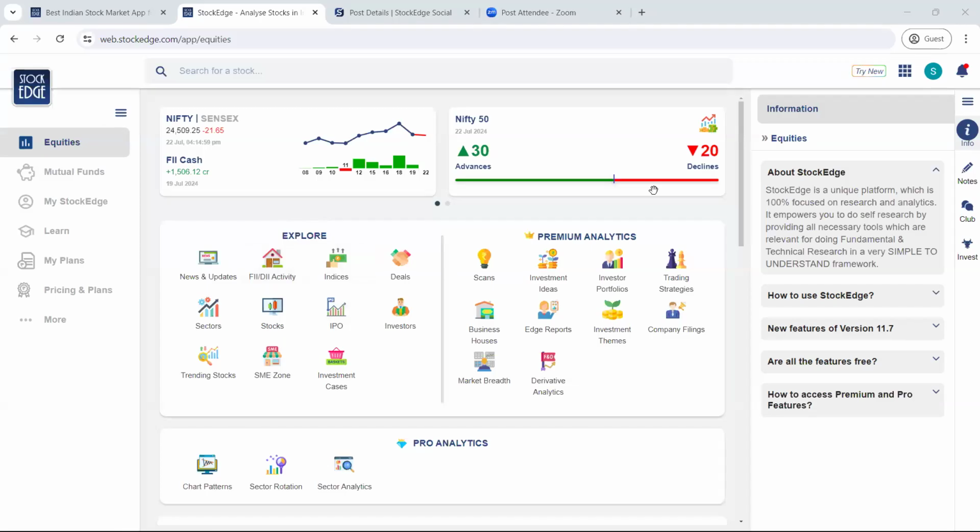So let me start with the news and update features first. If you have any question related to any feature which I am explaining right now, just hold for a few moments, and after I explain two or three features, I will open up the chat box and you can ask your questions if there are any. So first of all, if you go to the news and update feature,